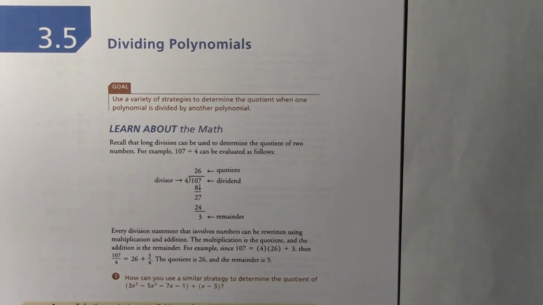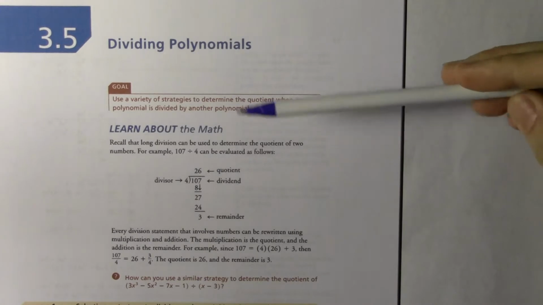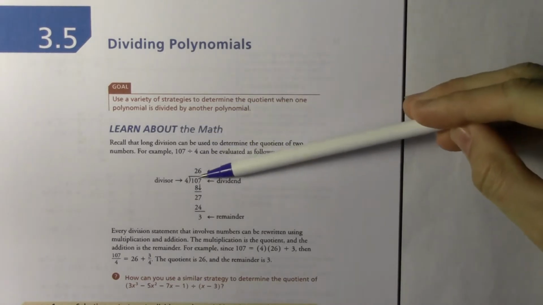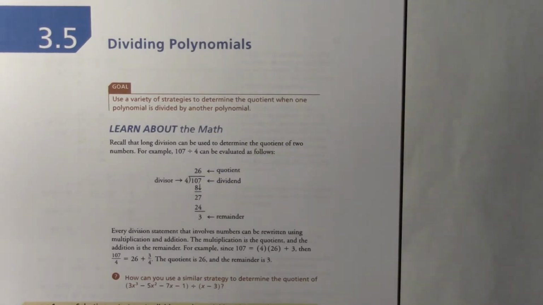Okay, 3.5 in your textbooks, we're dividing polynomials. So if you guys recall from elementary school, long division, we're going to do a similar thing but with polynomials instead. It's a bit of an interesting lesson. It is quite confusing if you don't pay attention today. You'll very quickly be lost, but like all the lessons, it's actually not that bad if you guys are alert